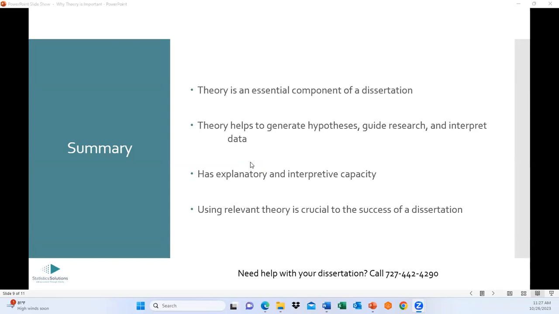Your theory can help you interpret your data and discuss your data, right? So you have your data. What does the theory say? What does the theory hold that's important? How does it relate to what you found? Do your findings align with the theory? Do they not align with the theory? Okay, and that's part of testing the theory, to see if it's applicable to what you studied,